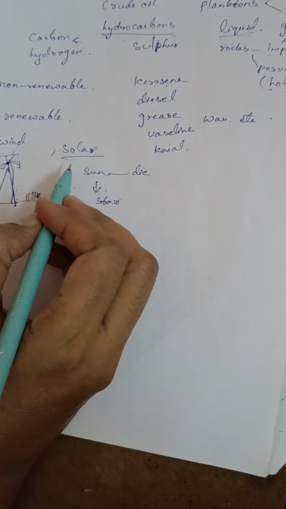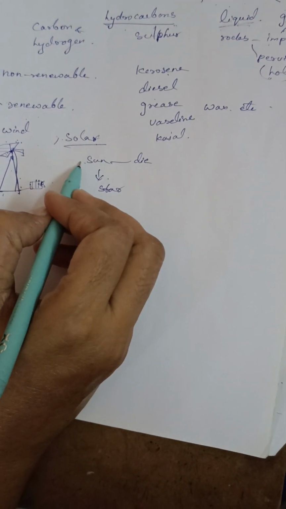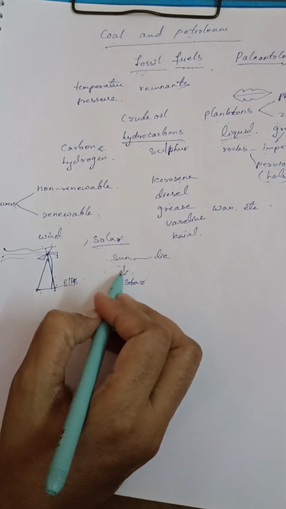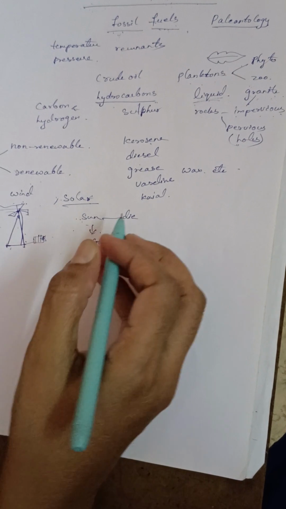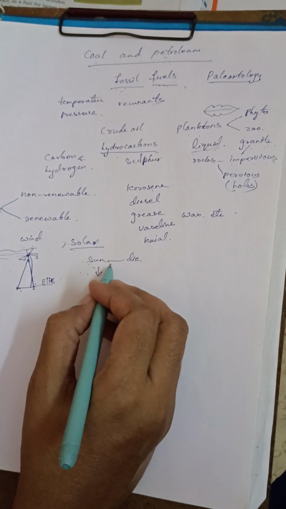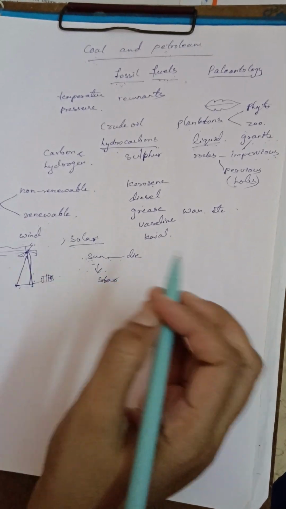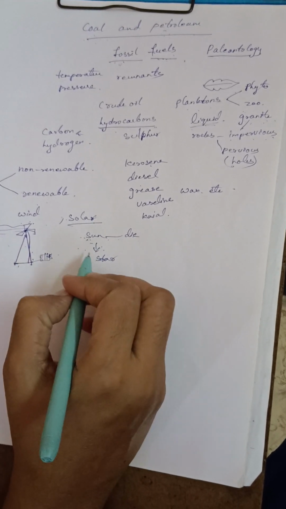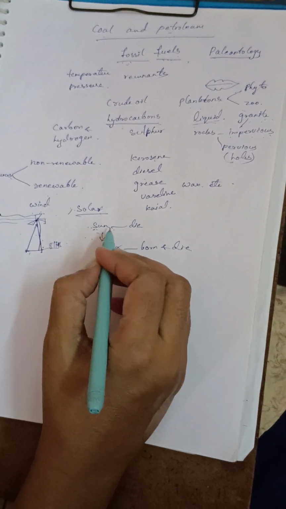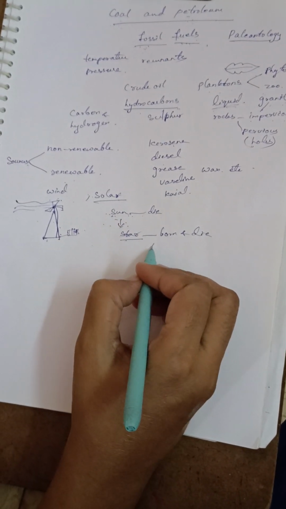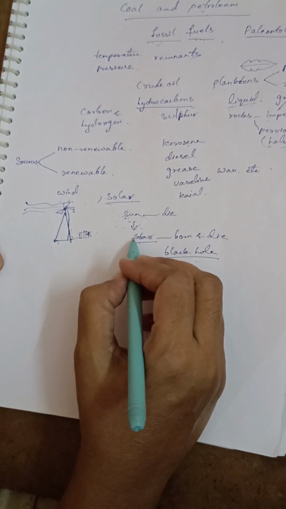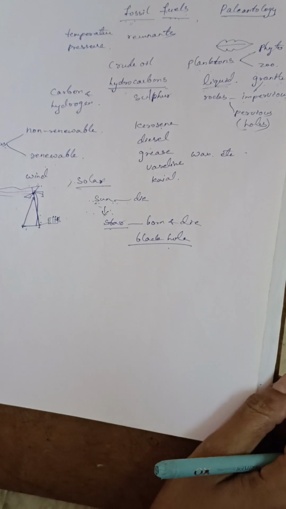Solar energy means the energy of the sun. Okay, so the sun is a renewable source of energy, because energy is continuously being produced. We are getting energy from the sun daily, right? Anyway, the sun will die. After a long time, not now, it will change its colors, and then at last it will die. So we can say stars are born and die. Whenever the sun or a star dies, a black hole is formed in space. There are many black holes in the universe, right?